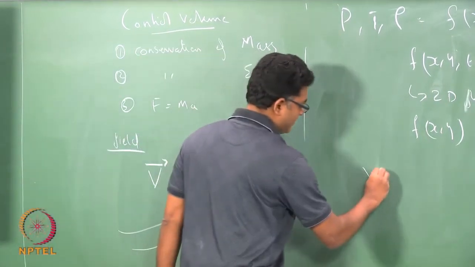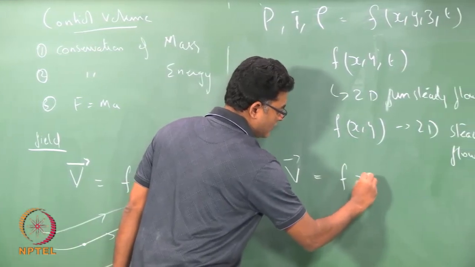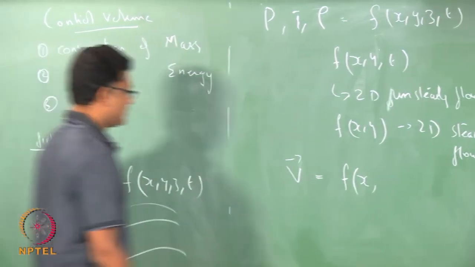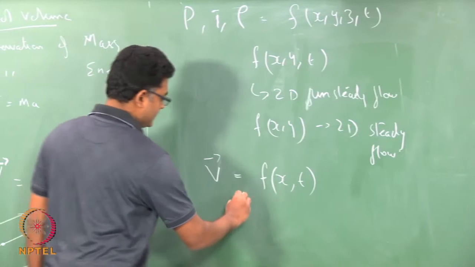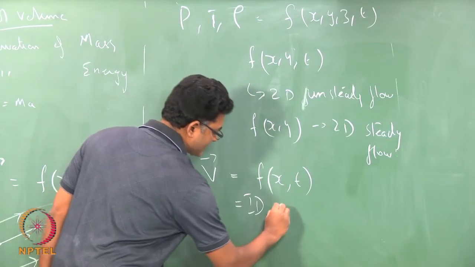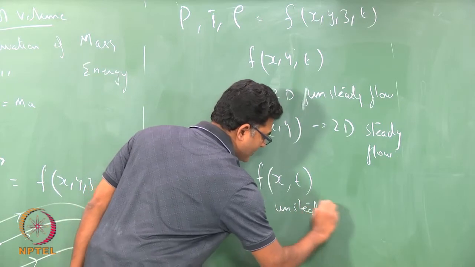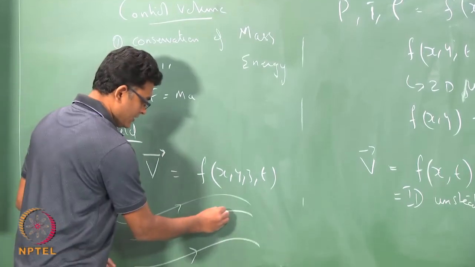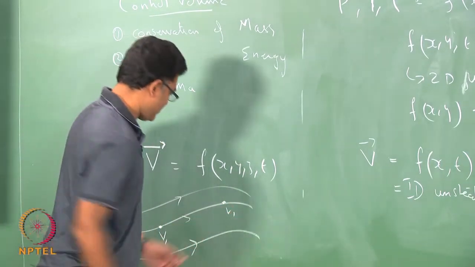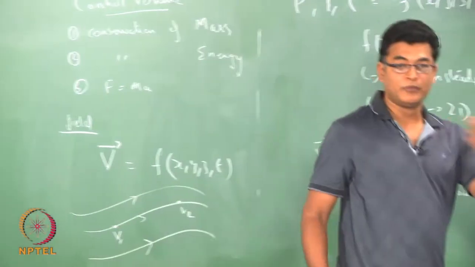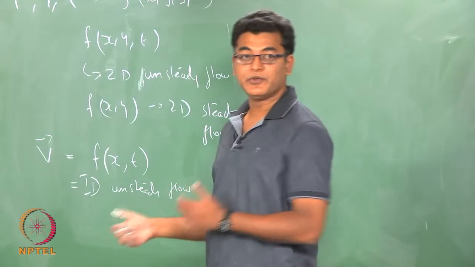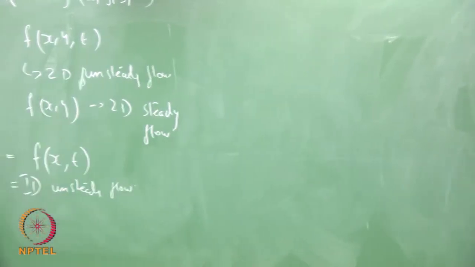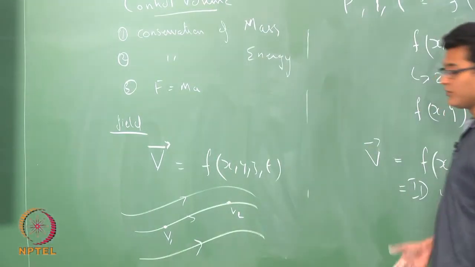And if your velocity or any of those properties is just a function of some direction and time, then this is a 1D, one dimensional unsteady flow. So, a fluid particle that moves from here to some other location, the velocity also changes due to the movement of the particle from point 1 to point 2 as well as the time at which it is measured. So, if I have a property that is associated with the particle that moves from point 1 to 2,